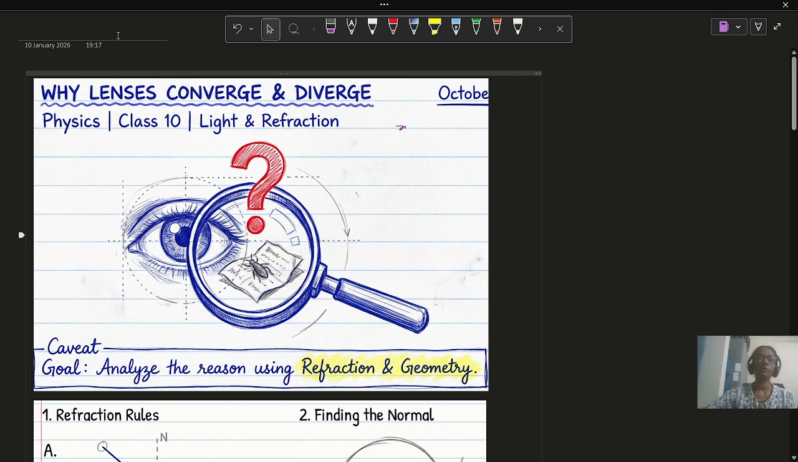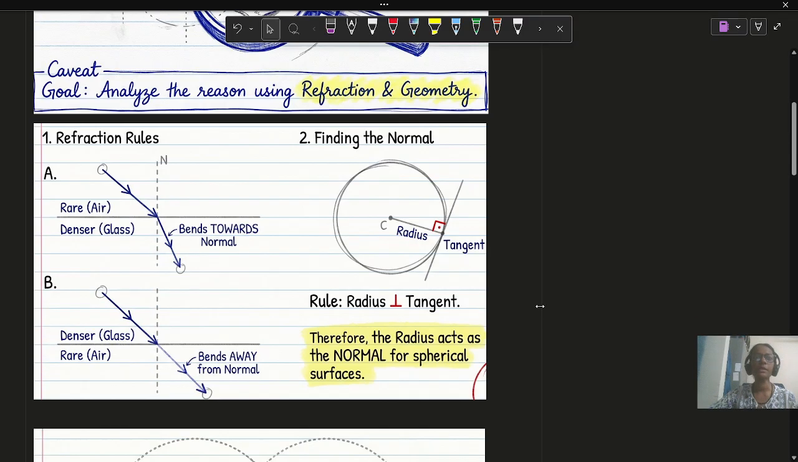Now we already know that lenses converge or diverge. We will find out the reason today. As I told you, we have to know the refraction rules and the tangent property of a circle to understand this concept. And what is refraction? We know it very well that